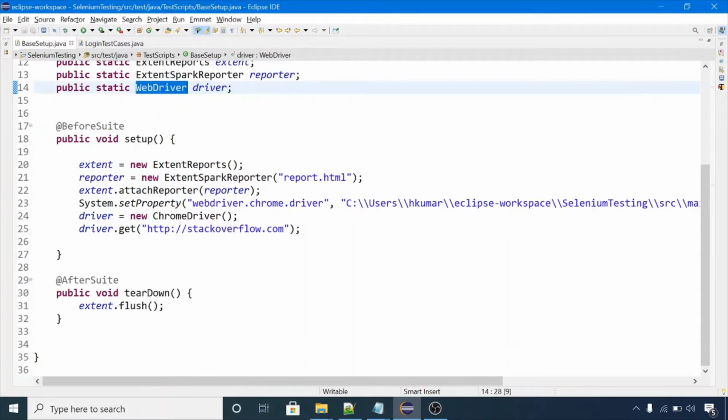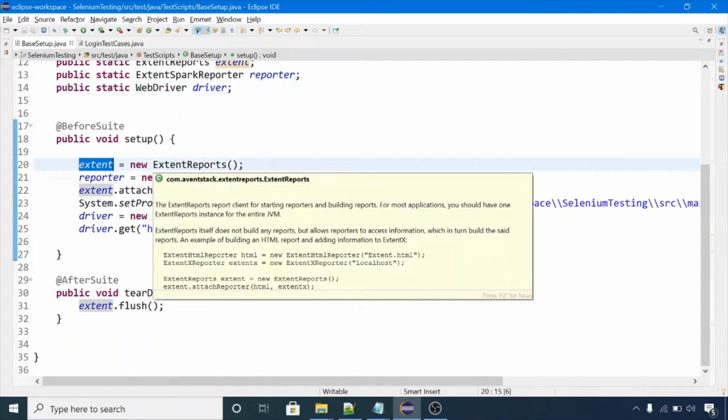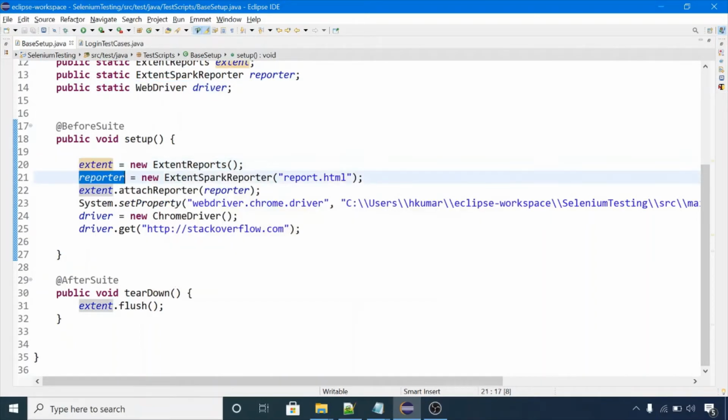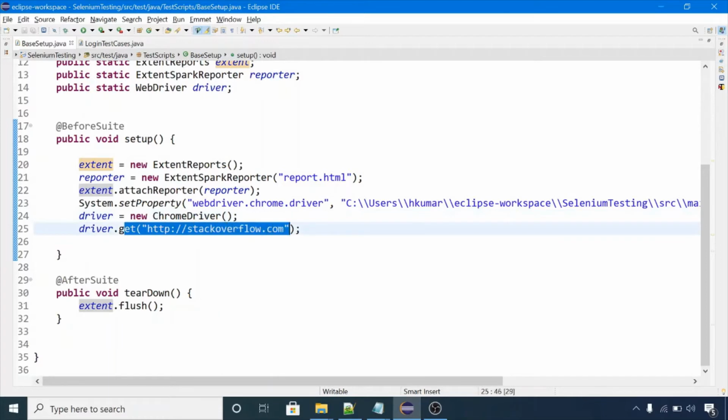In the before suite we are initializing the extent report object, initializing the reporter, and attaching this reporter to extent. All these things are covered in the last two videos on Extent Reports. If you do not have an idea about these things, please go through the previous videos. And we are creating a WebDriver instance here, and we are just launching stackoverflow.com.